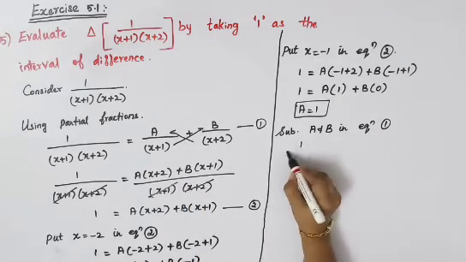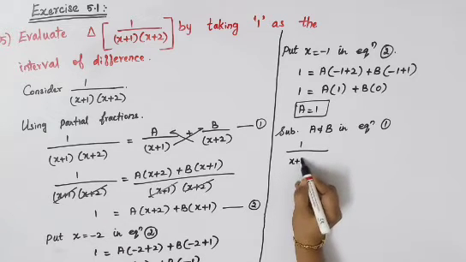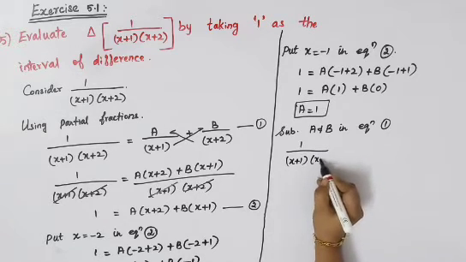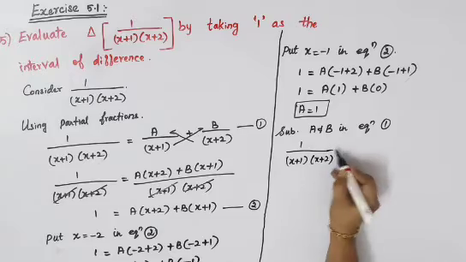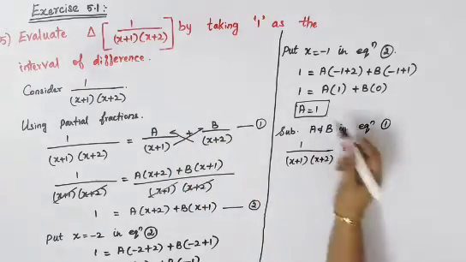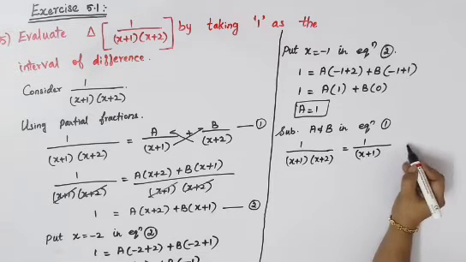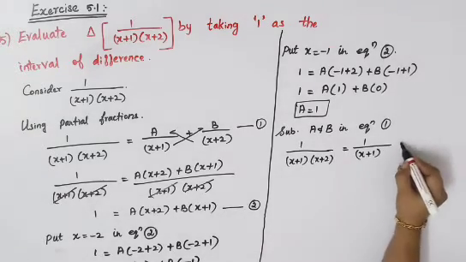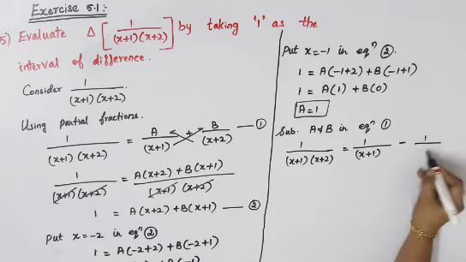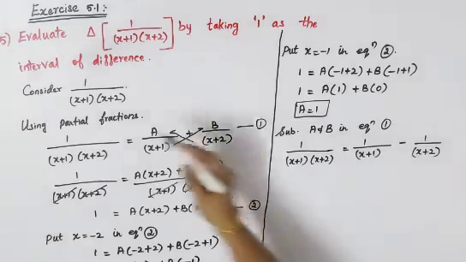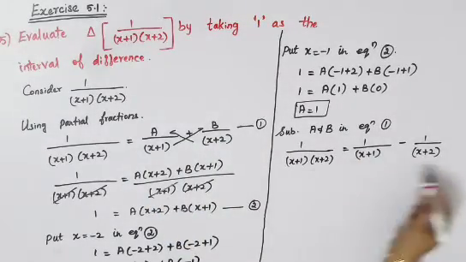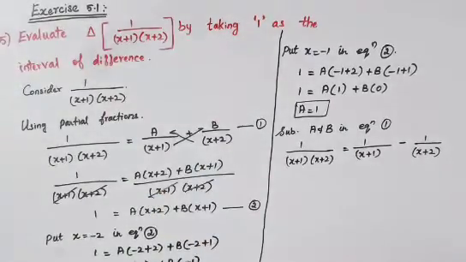Your left hand side is 1 divided by (x plus 1) into (x plus 2), which is equal to a over x plus 1. a we have got 1, so 1 divided by x plus 1. Again b is there, b we have got minus 1, so straight away I put minus 1 divided by x plus 2. So only the partial fraction part we have just completed. Now you will have to go to your delta.